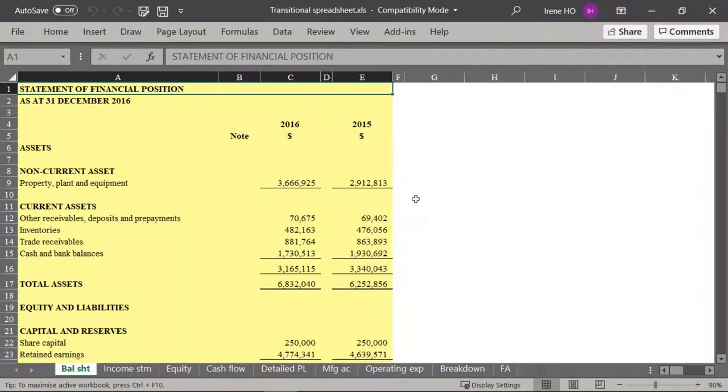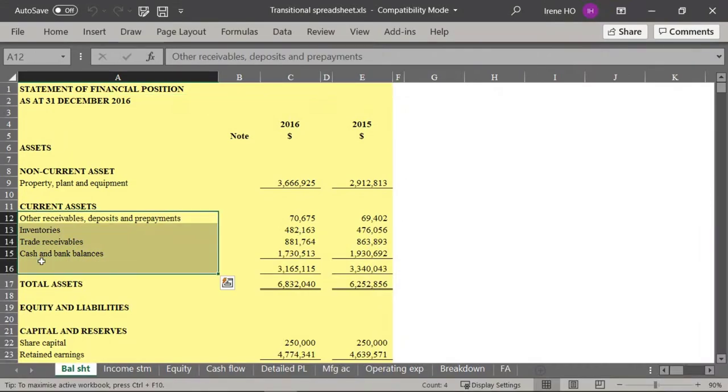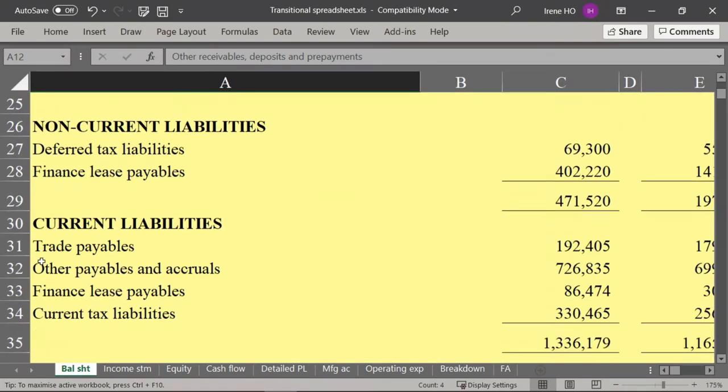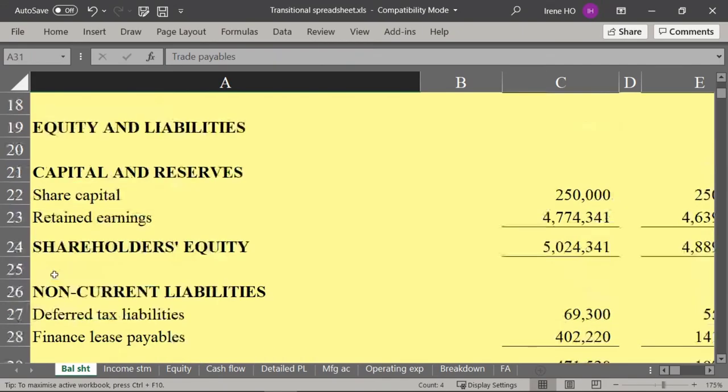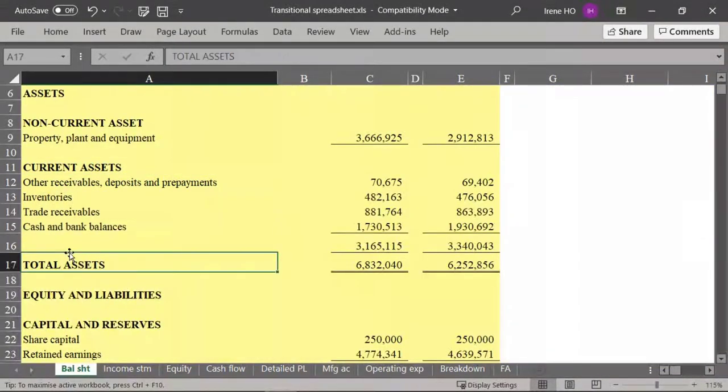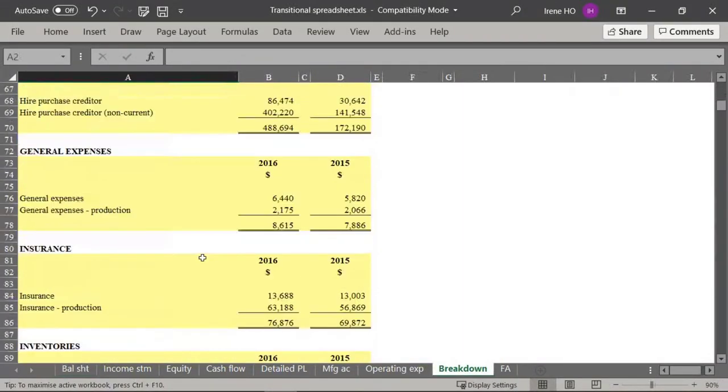Okay, so we have done this. Oh, not yet. We still have this one. Can you see? Something very weird is here. This one is okay, but this one is not okay. Can you see that? Not only that, if I go to the breakdown and scroll down here,